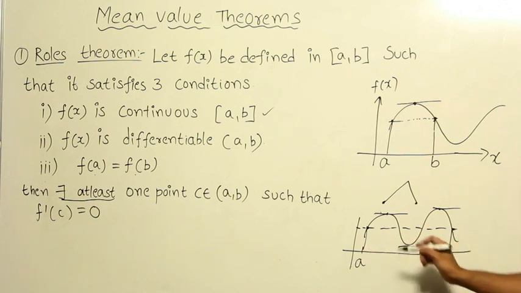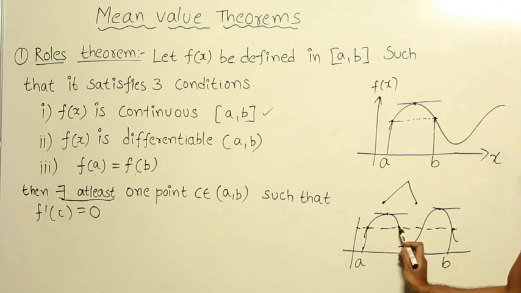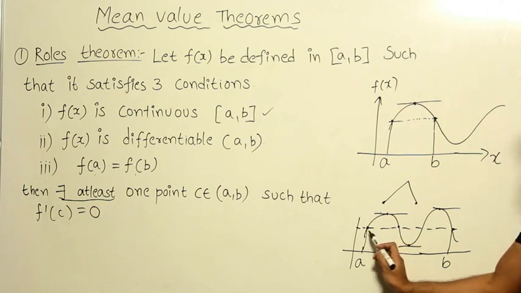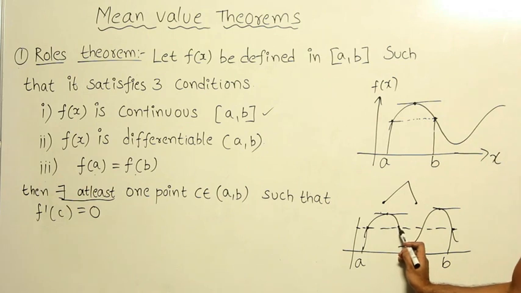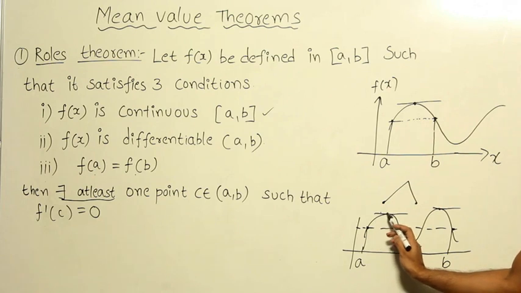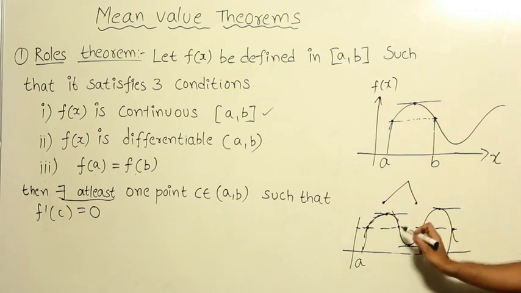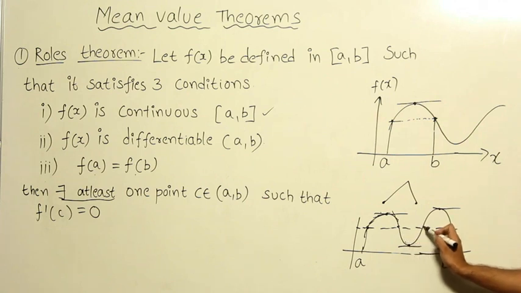So what they are trying to say is, if a function is going to start at some value and again come back to that value, then what happens? Either it is going to remain stationary all the way, which means in that case it is going to be a straight line, or it is going to increase and then drop down, in which case the slope is going to be positive for some time and then negative for some time. Therefore definitely at the middle point the slope is going to be 0 at some point, isn't it? Or what is the other case? The value is going to decrease and then it is going to increase. So what do I mean?